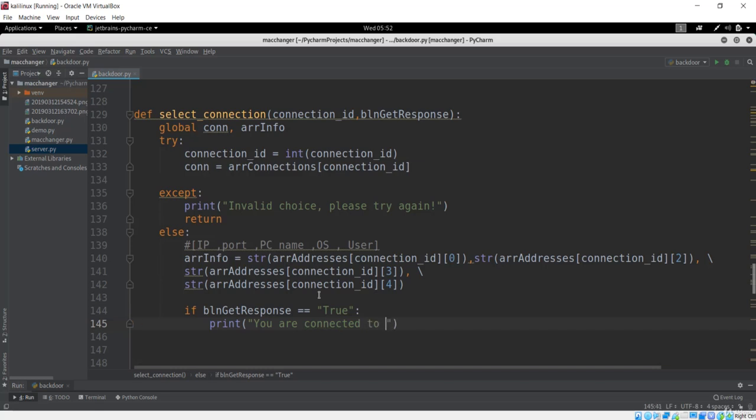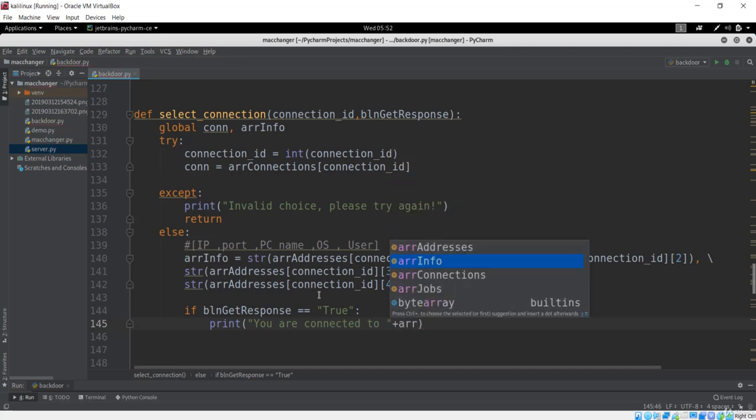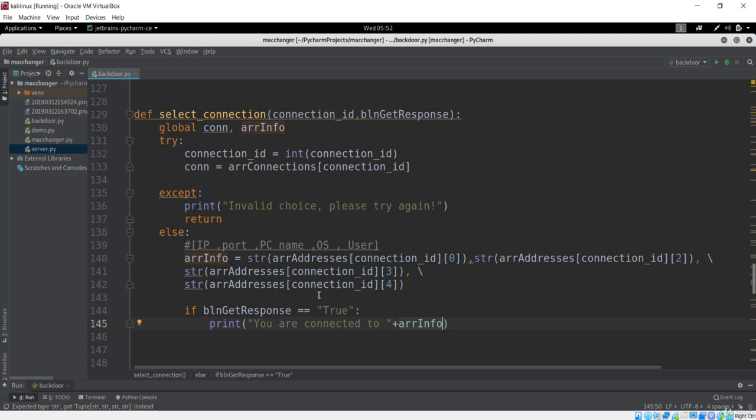So what am I going to do is I'll just say array info that we have this information, and if you see it has the indexes, that is 0, which represents that it is basically your IP address. So you can see in the array info the first index is IP address, so we are just saying the information that you are connected to this IP address.